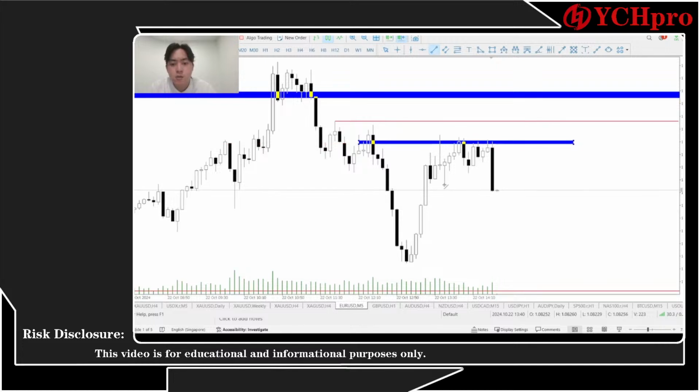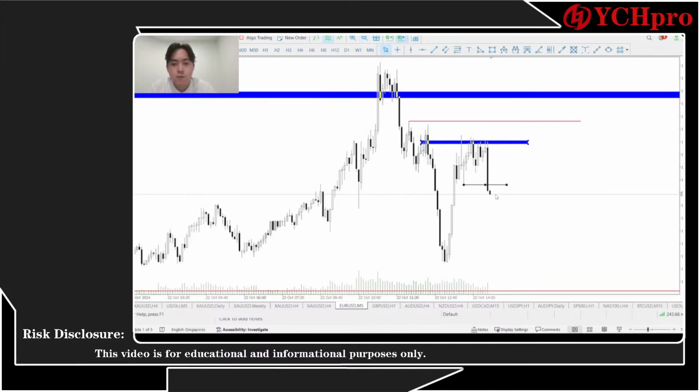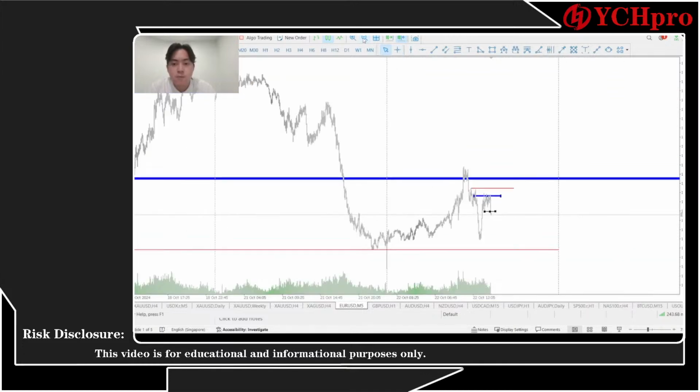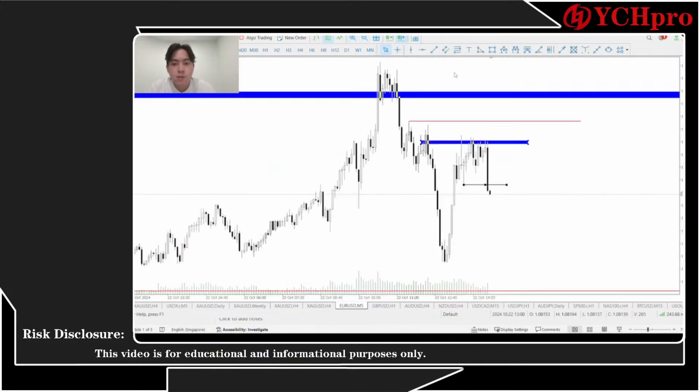Right now we can see that the market has been rebalancing out, displacement above and below. So we can wait for the price to give some retracement. After the retracement, we can try to aim a trade. Maybe we can put 10 pips and get 30 pips and so on. Let's see how it happens. We already mentioned we are aiming to do shorts on the EUR/USD pairing, so let's see how the market is reacting.